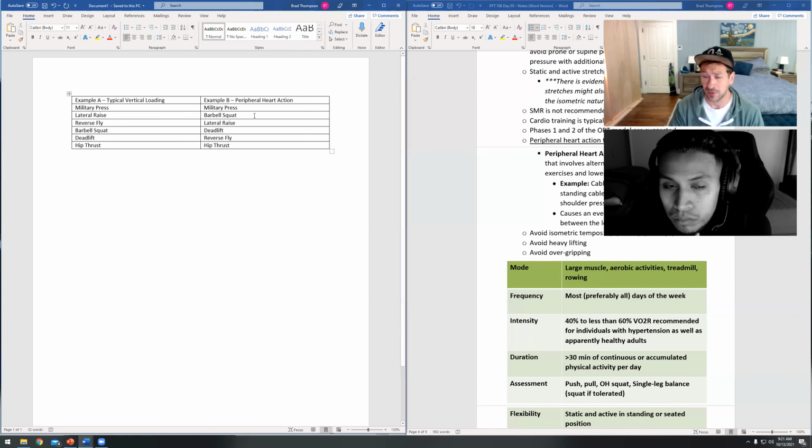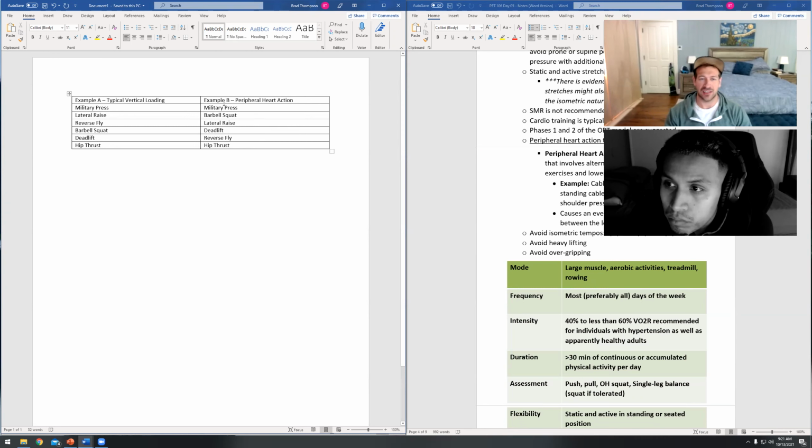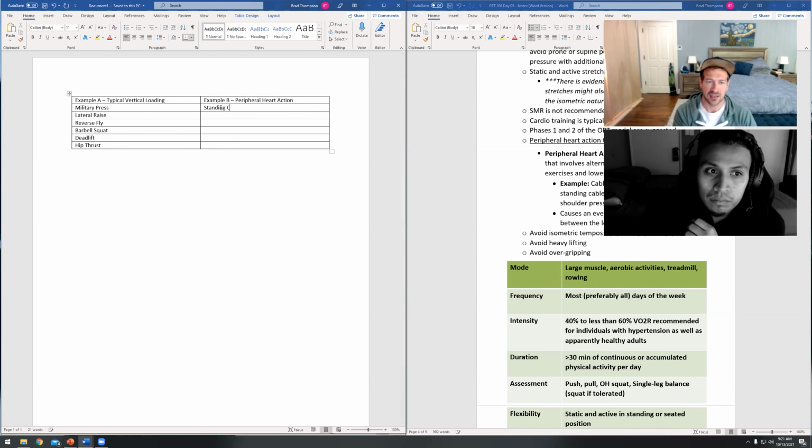I like this for pretty much any client that I've got. I love a good peripheral heart action circuit. It's a great way to build endurance. It's challenging. This is a simplified version where I did literally just chest or just shoulders and legs. In the real world, I'd probably do maybe a chest exercise, like a standing cable chest press,